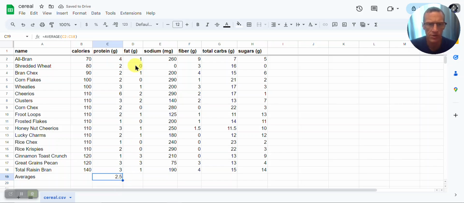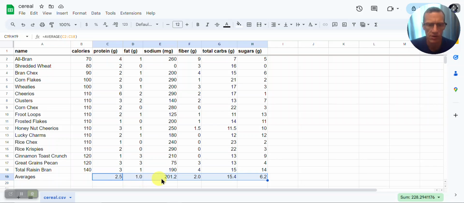If I wanted to also calculate averages for these other rows, I could do the same thing in each row, but the spreadsheet has a very handy copy and paste feature. It's this little blue dot that you see. So if I go to this blue dot, you'll see my cursor changes to a crosshair. If I click and drag over, it's going to copy not only the formula, but also the rounding that I